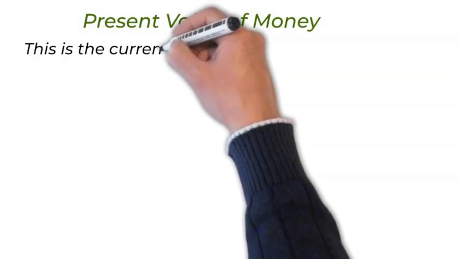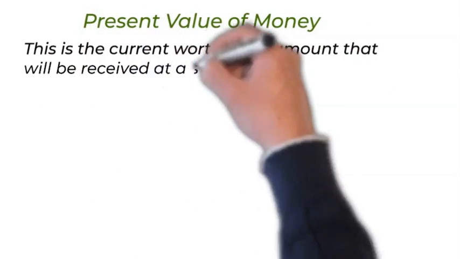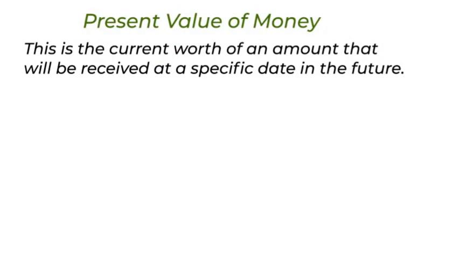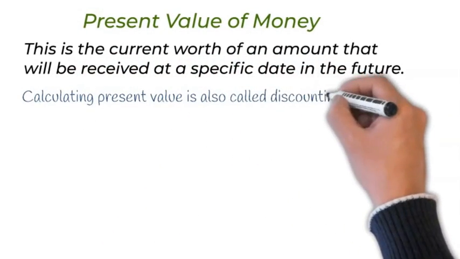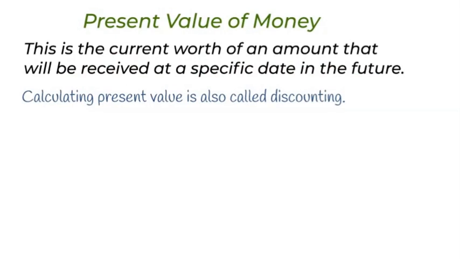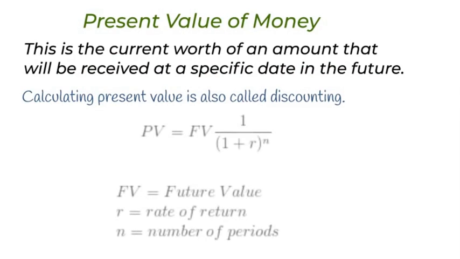Present value of money. This is the current worth of the amount that will be received at a specific date in the future. Calculating the present value is also called discounting. The formula for calculating the present value is PV equals FV divided by (1 plus R) raised to power n, where PV is the present value, FV is the future value, R is the interest rate, N is the